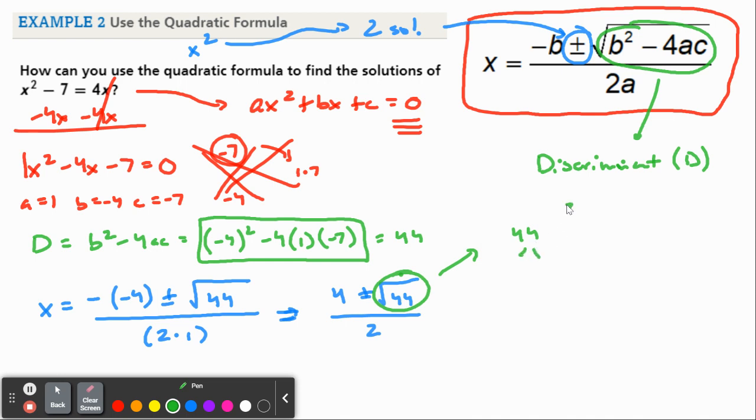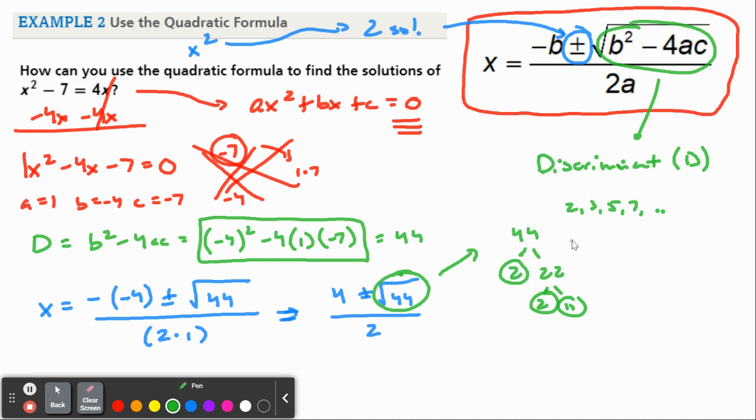Remember, the prime numbers are 2, 3, 5, 7, and so on. So again, you might see that 4 and 11 make 44, and you can do that first too. But I'm going to do 2 and then 22 because I know 2 is prime. I know that 2 goes into 22 as well. 2 and 11. Again, 2 is prime, and now I know 11 is prime. So it's actually to your advantage to start with the primes because you know that one of them is always